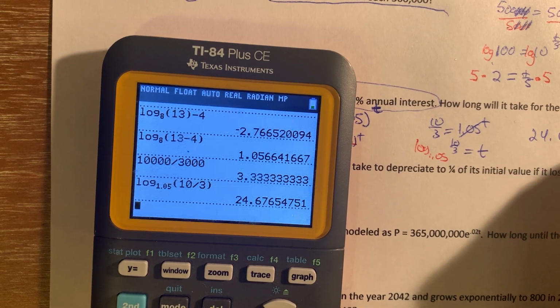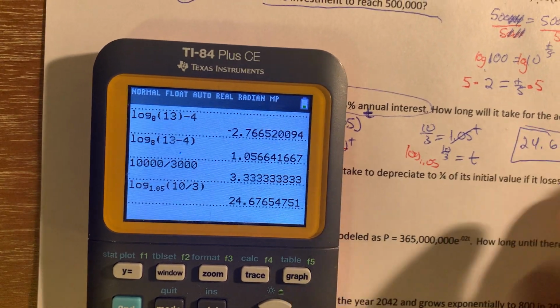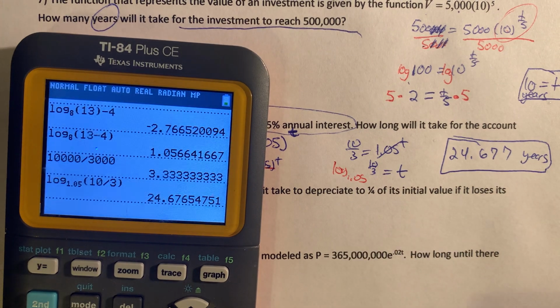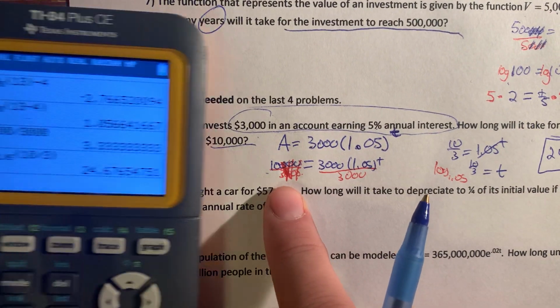24.677 years. This is the number of years. T is measured in years. And that's fine. Now, I want to point out that if you chose to use your calculator to divide this,